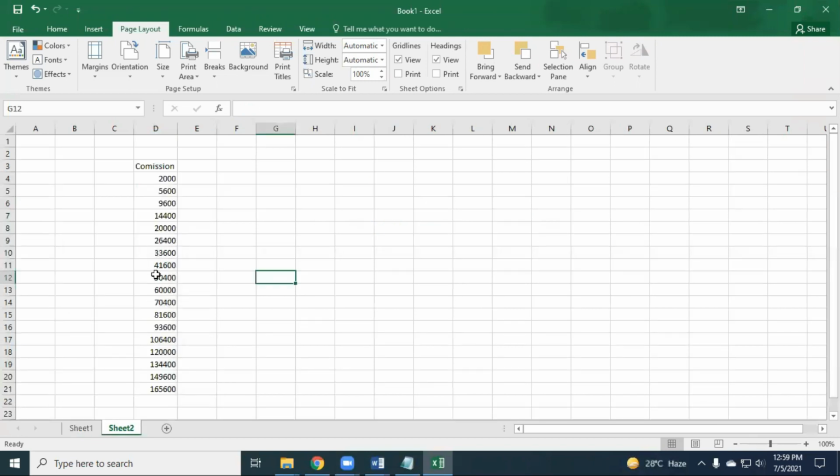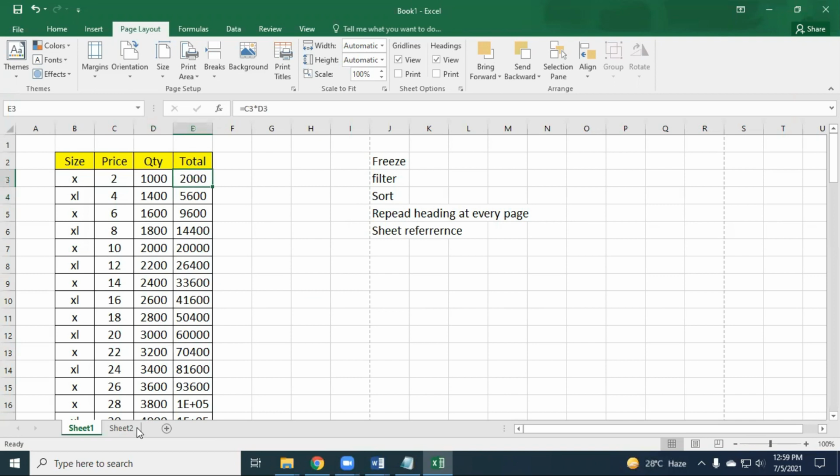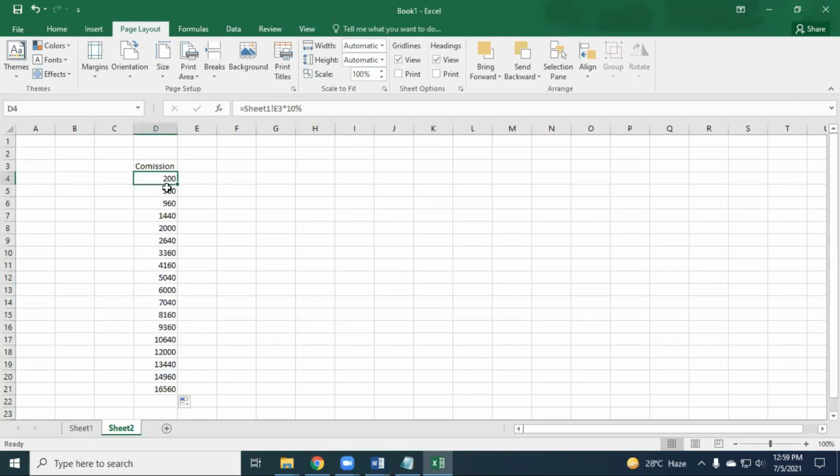I would like to bring 10%. So it's very simple. If you double click, you will get the reference automatically. Now you can calculate here into 10% or into 5%, whatever. Just enter. That's 10% of the total. That means after bringing the value, just double click and you can calculate whatever you would like.